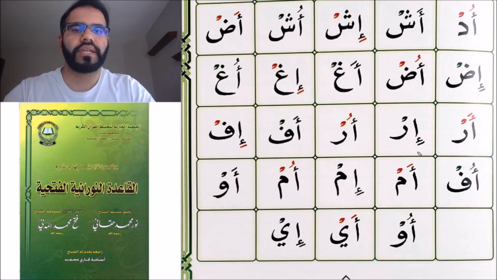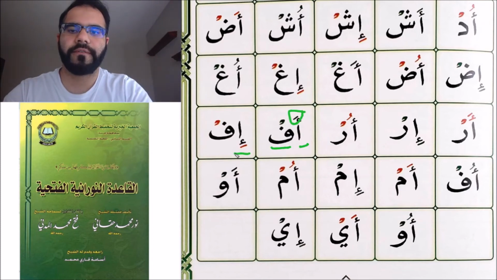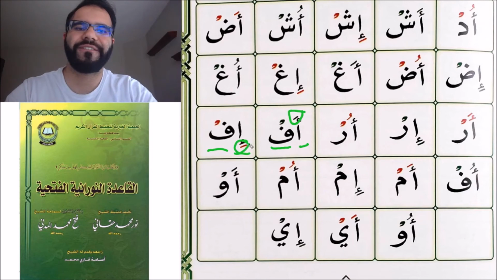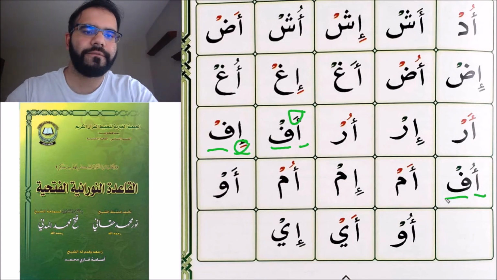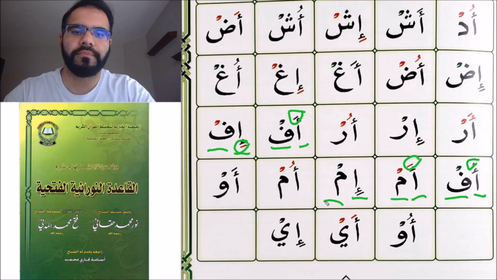Alright, let's carry on. Alif, fa, fatha, af. Alif, fa, kasra, if. Alif, fa, dhamma, uf. Alif, mim, fatha, am. Alif, mim, kasra, im. Alif, mim, dhamma,